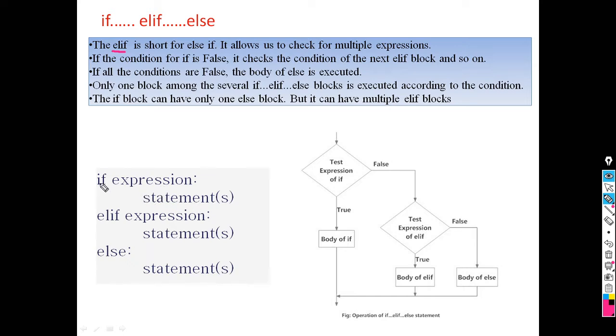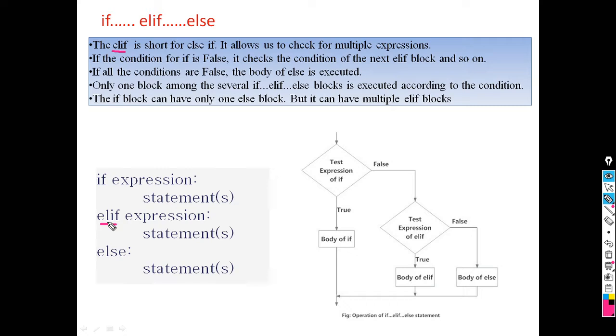So you should start with if expression colon statements, then elif. Elif is the combination of else if. So you can write like this, elif, then expression, whatever second conditional expression you want to check, again write a colon, and then the statements which you want to execute.